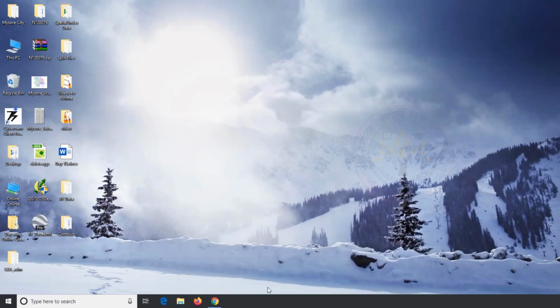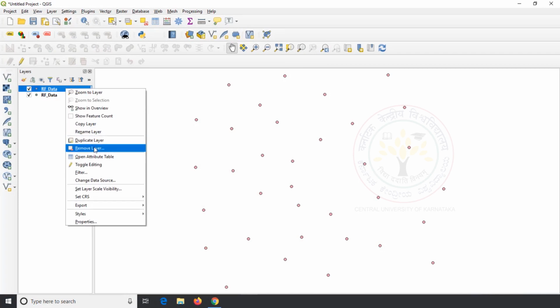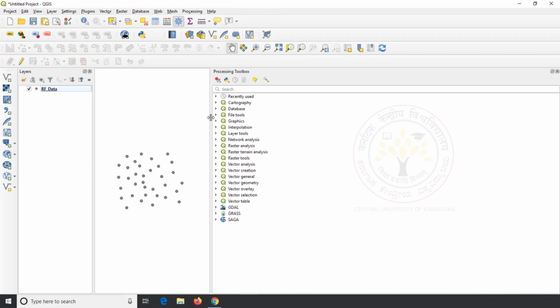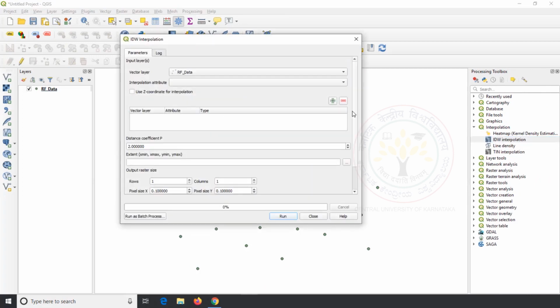To do that, I open QGIS, I remove KML file which is not necessary for our exercise, then go to toolbox. There in interpolation, I double click on IDW interpolation. On the pop-up window, I define RF data as input layer and RF as interpolate attribute followed by a click on green plus sign.